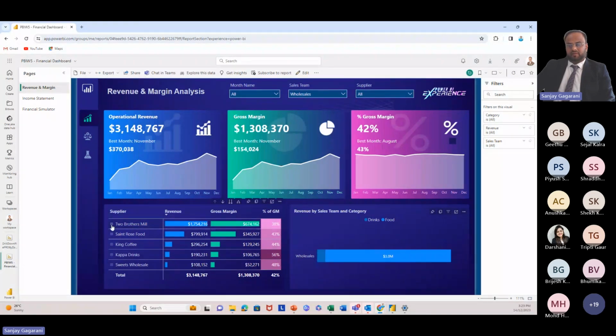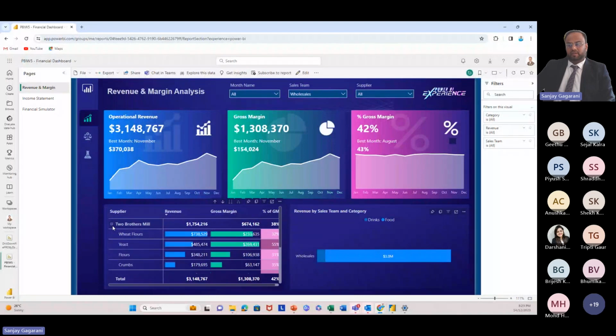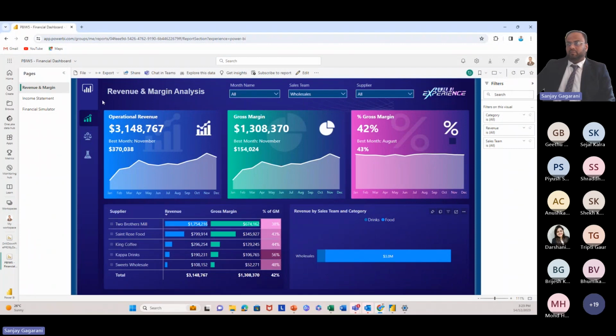And again, if you want to drill it down further, we can drill it down to the total wheat, flour, maize flour, different kinds of parameters, which are already available at the click of a button. So designing this entire report is a one-time exercise. Later on, at the back end, it can be linked to any kind of database, whether it's an Excel file, Oracle, SAP, any other financial ERP software, or any other data source. So automatically, with the click of a button, it can be refreshed later on.